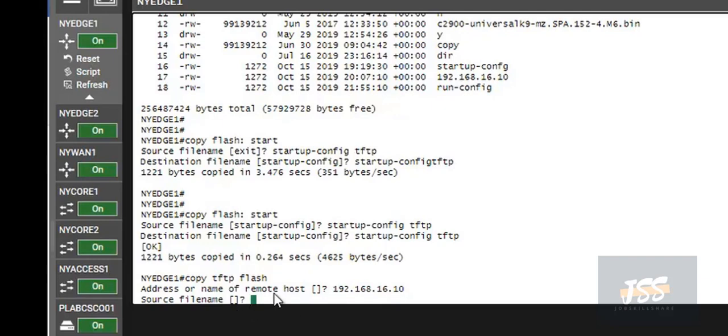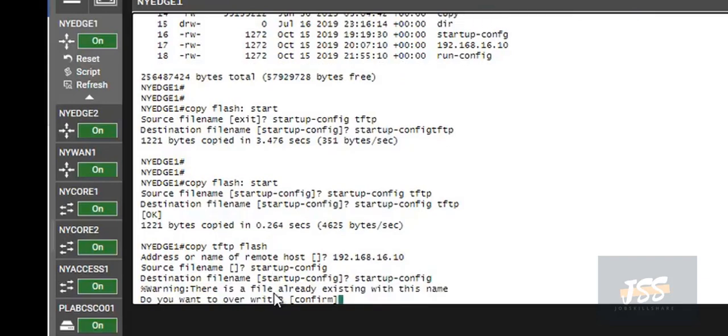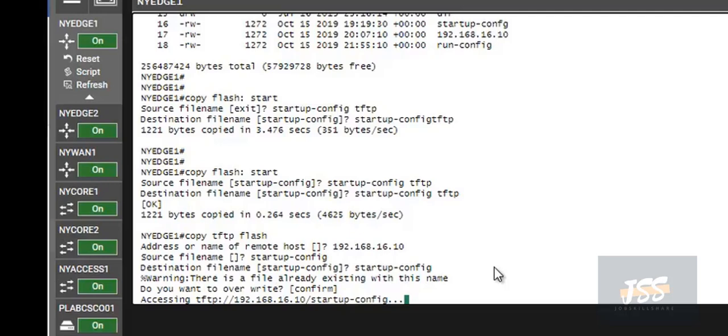We will type startup config. Destination file name, we will type startup config. You can see that it is asking, do you want to overwrite? We can press enter. It will access the TFTP server and overwrite this file.